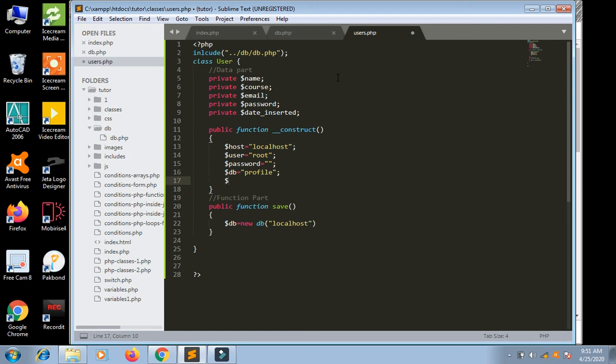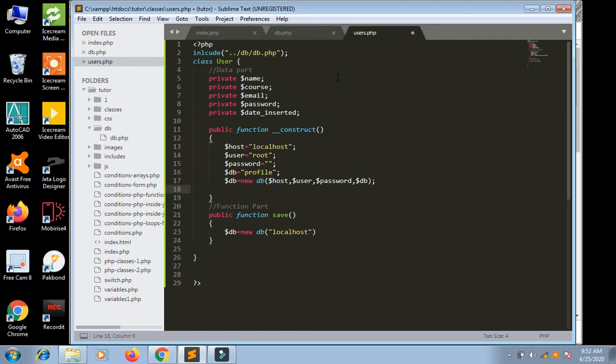And we should now use db is equal to new db. db is available, and that db constructor has host, user, password and $db. This is the db constructor.